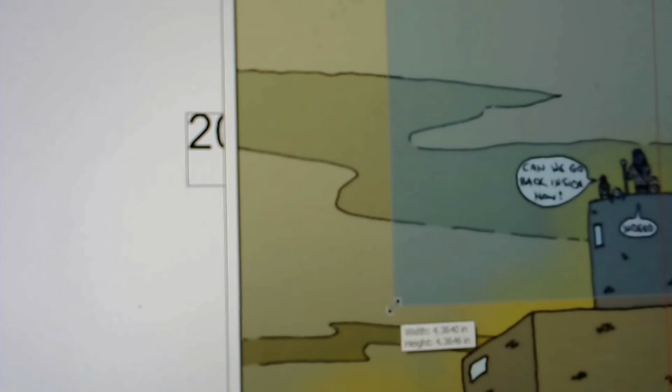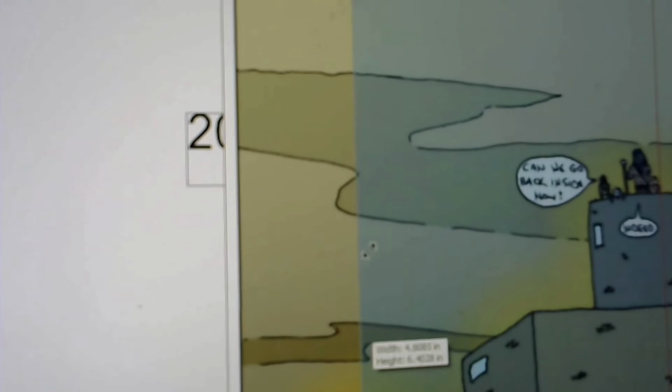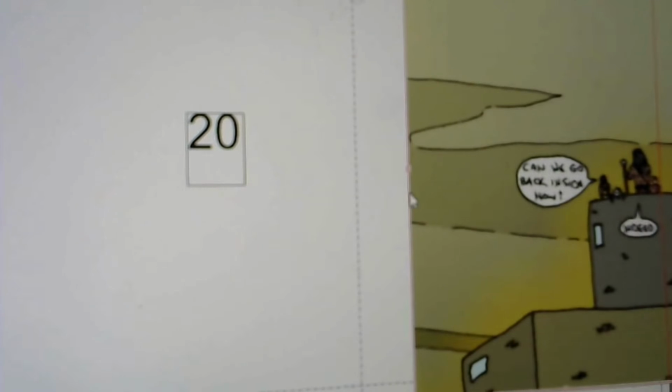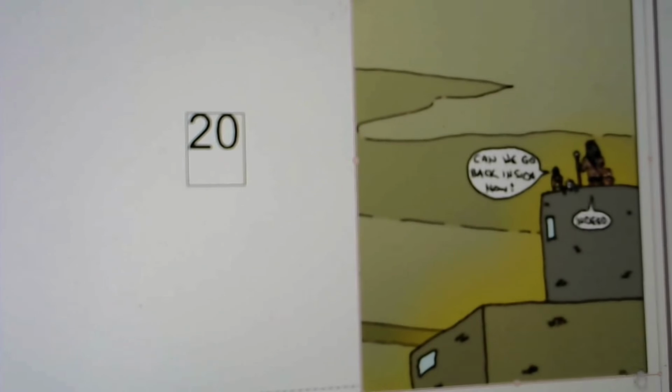So if you hit Control, boom, now it's in perfect proportion shrinking wise. And I can shrink it down and fit it in my thing. And you're going to notice that the artwork inside didn't actually shrink, just the frame did,